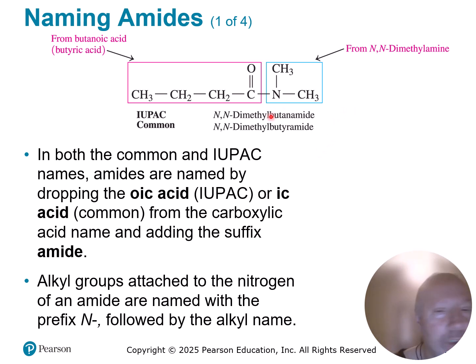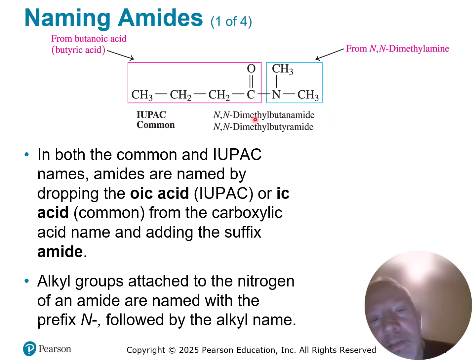Now we could just look at an amide and kind of figure out what we started with, right? We can cut it in half and say, well, this was probably a carboxylic acid, so there was an OH here. So that must have come from butanoic acid. And here we see the name of this